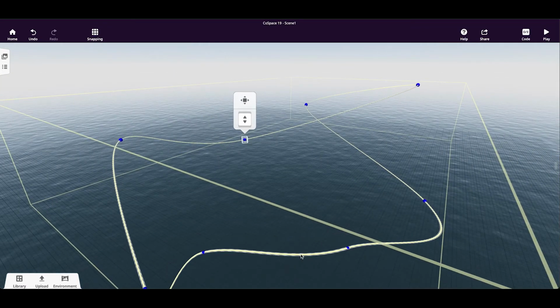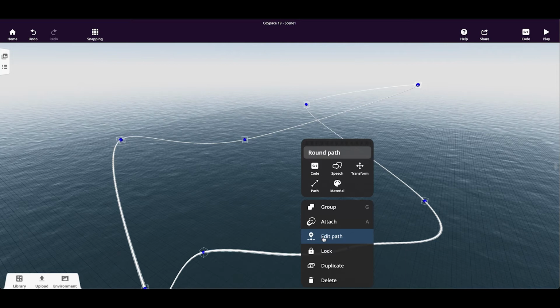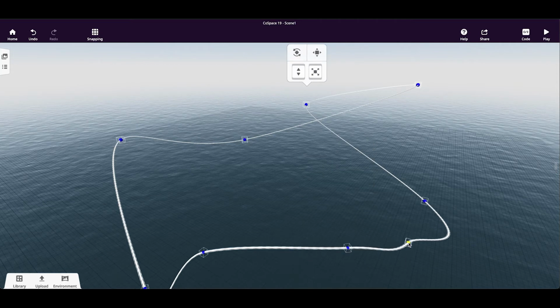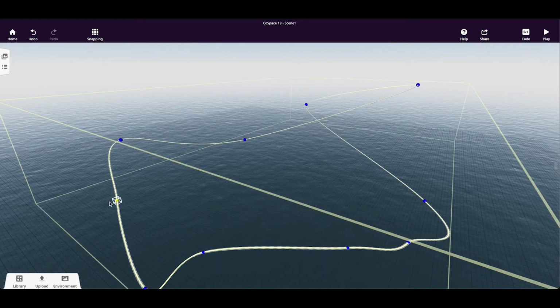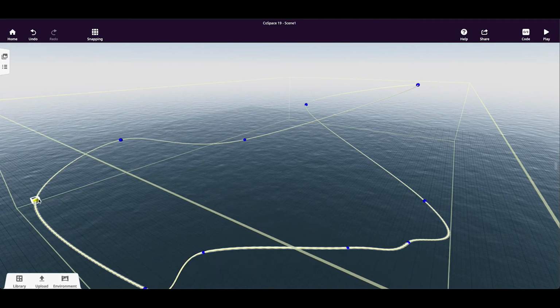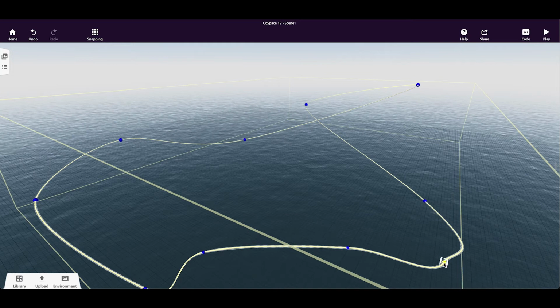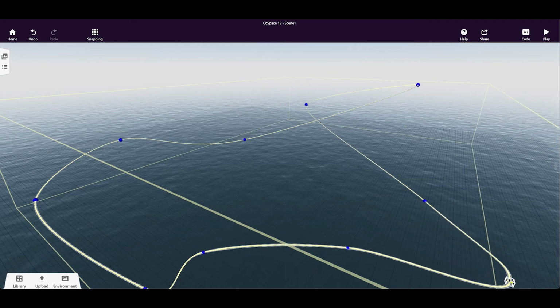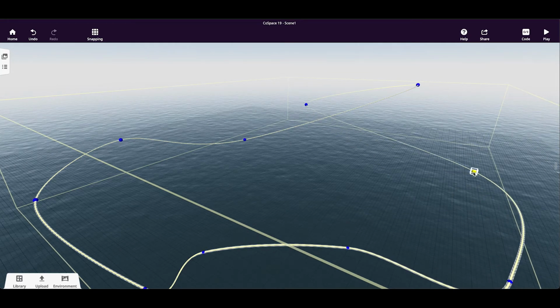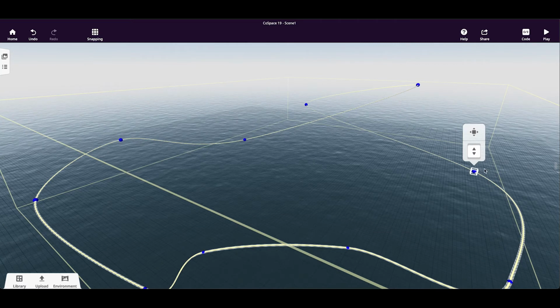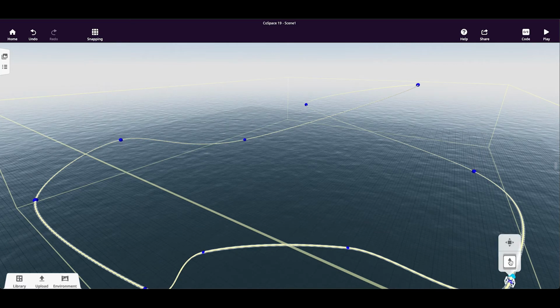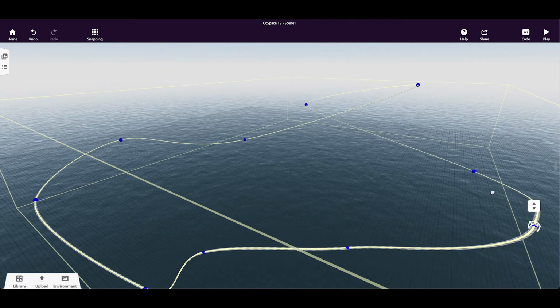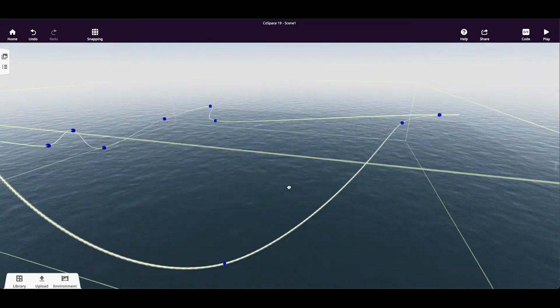You can also, if you right click on the path, edit the path and actually add more node points if you want to, but again that's fine. Just make sure that the gap between these paths is nice and smooth, so you get a nice smooth action. And I think what I'm going to do here is raise this up a bit more, so our bird is moving around in a nice